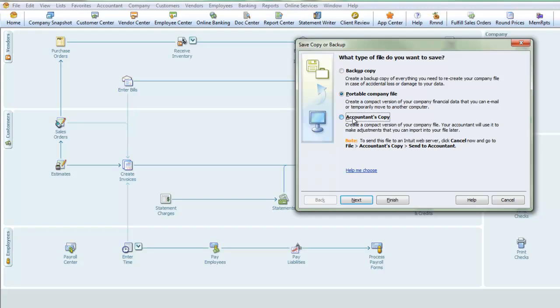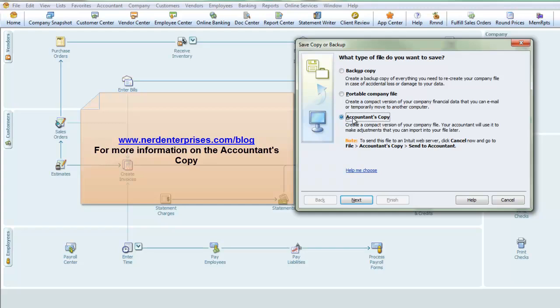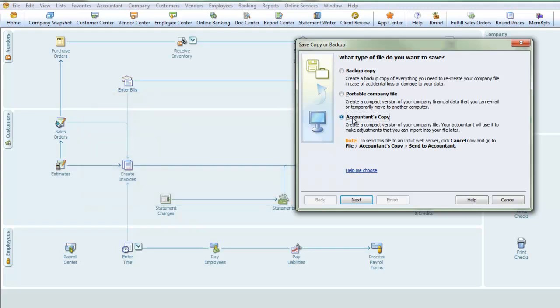Then you have the accountant's copy, which we have a full-length tutorial on in our blog. You can search for it there and you'll find it. But for the purposes of this, the accountant's copy is what you create to send your accountant. And what's unique about this is it lets you create a dividing date. And that dividing date basically splits off the QuickBooks file. And it says your accountant can edit anything prior to that date, and you can continue working on anything after